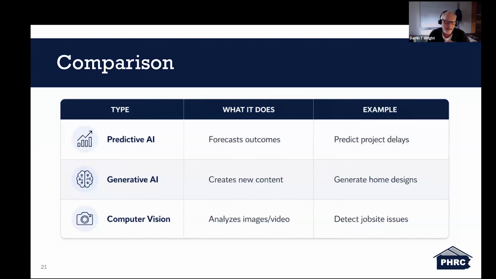It does a little generative, where it can create content for you as far as Word documents, and it can do some visual creation. Like if you take a picture of a house and you want to change the exterior materials on that house, it can do stuff like that. But it's not as intuitive or design specific as generative AI and computer vision when you go into the subscription platforms.